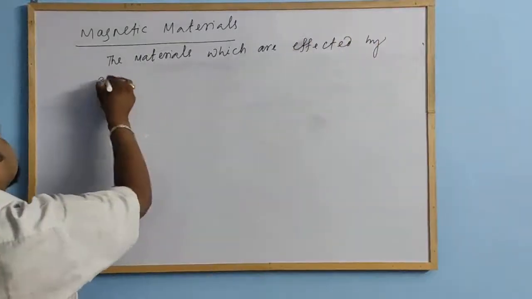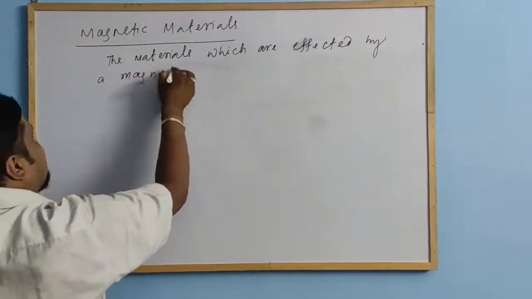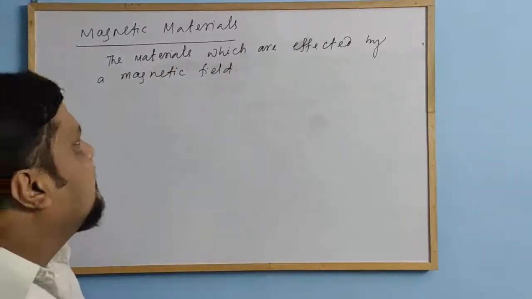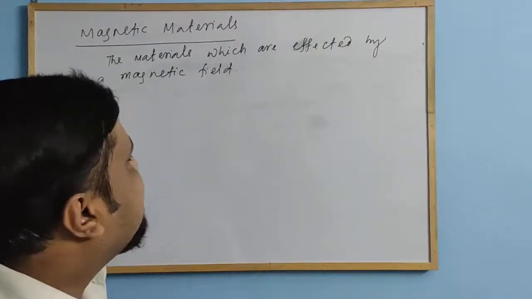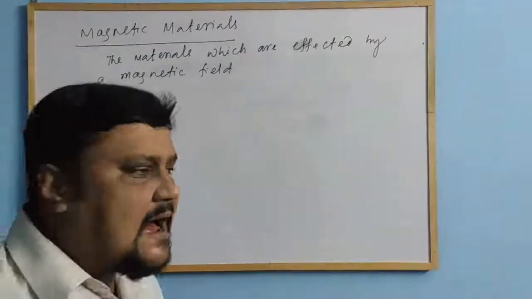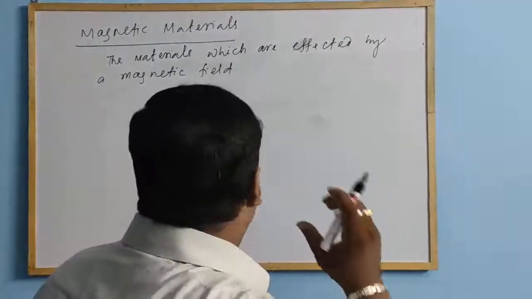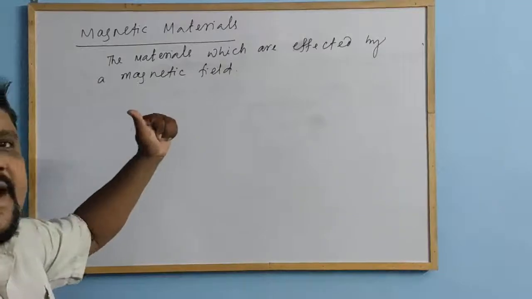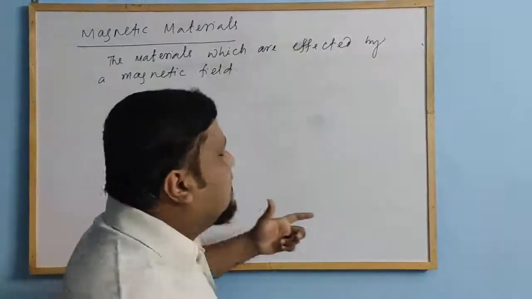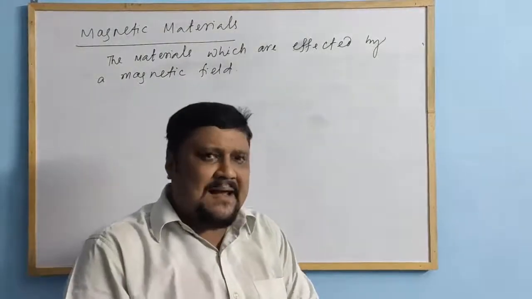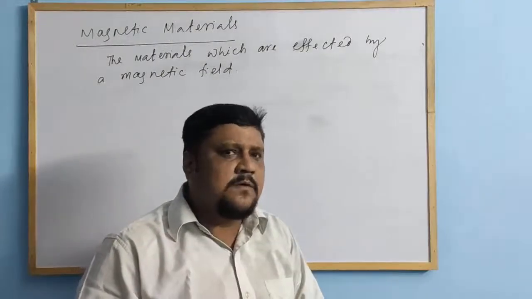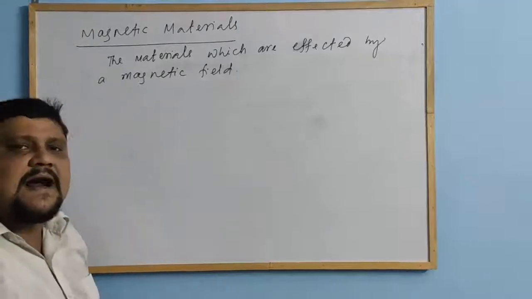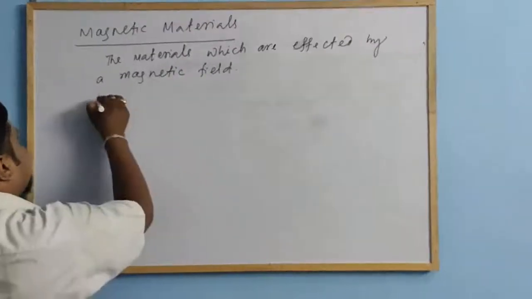So Faraday differentiated the magnetic materials into 5 categories. So the magnetic materials are of 5 categories. These are